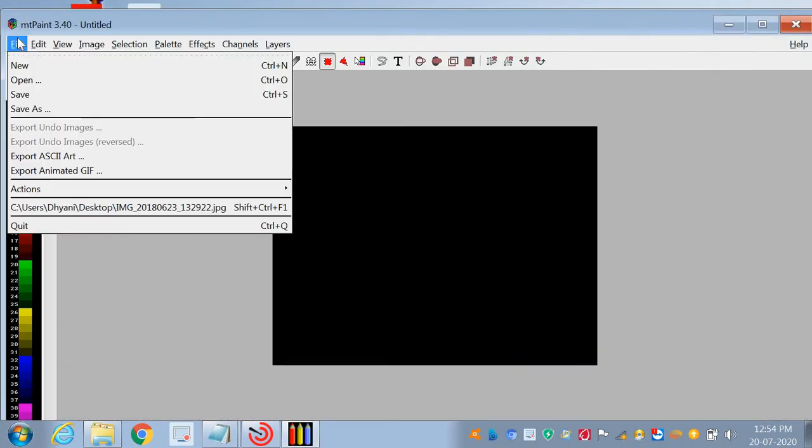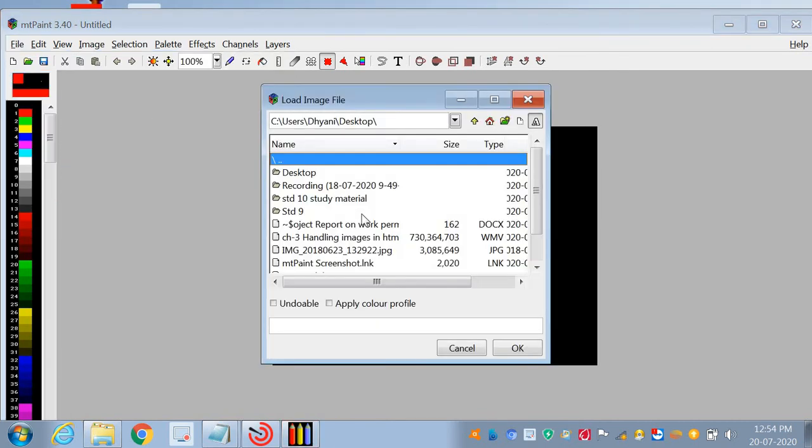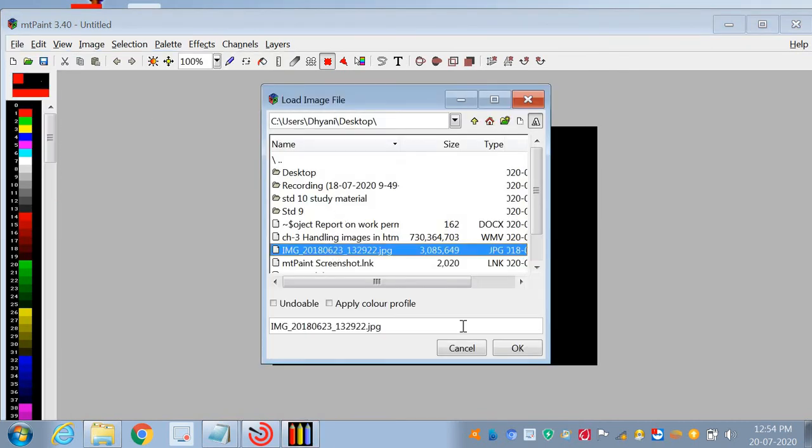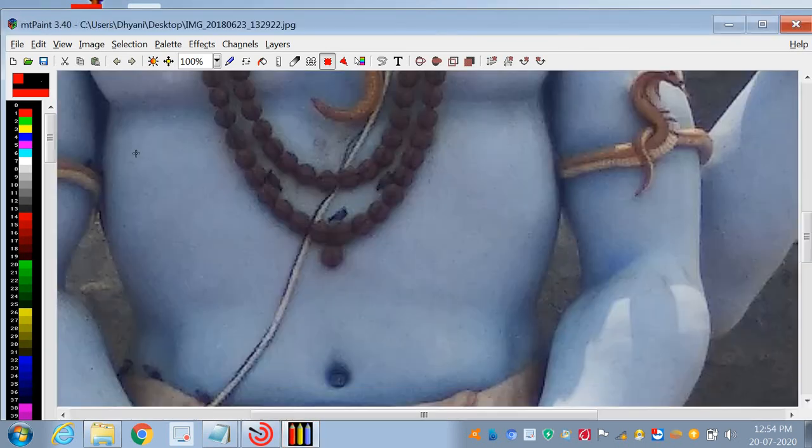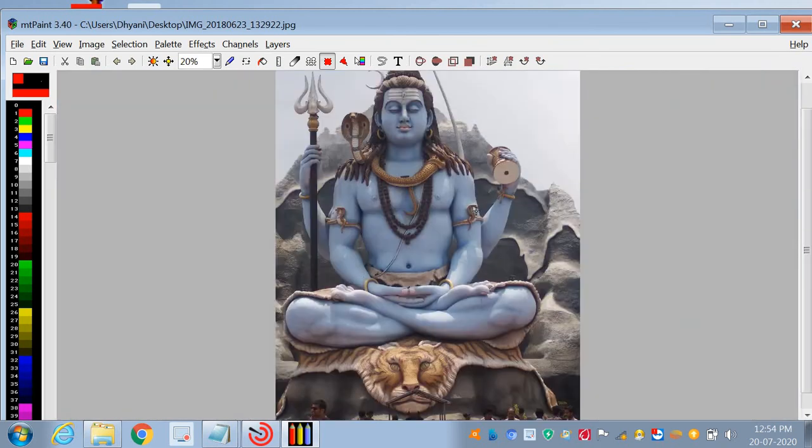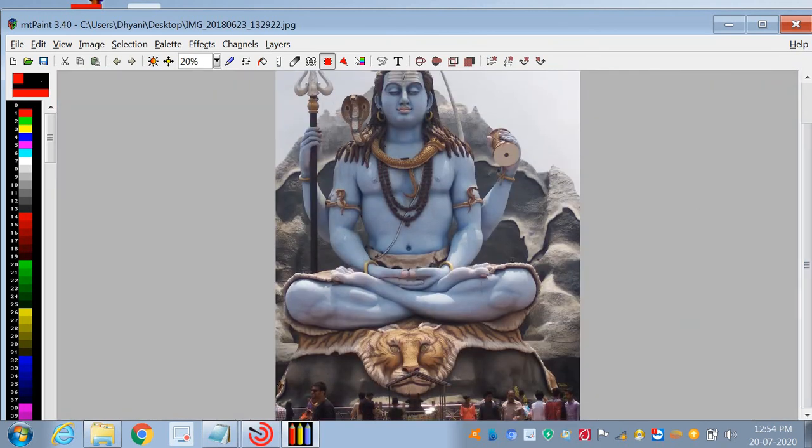Okay, from here I import my picture, means I open one picture. Then here I change the percentage. It means I want a small image. Then I remove this portion from my image. So what am I doing here?